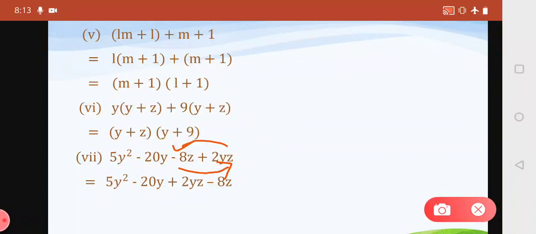So first we rearrange, then we make the groups of the terms. Now when we make the groups, you can see that 5 and 20 come in the table of 5, and from y square and y we can take out y common, so 5y we can take out common, and the remaining we will write in the bracket. Similarly, from the second group, 2 and 8 come in the table of 2, and z is the variable which is common in both the terms, so we can take out 2z